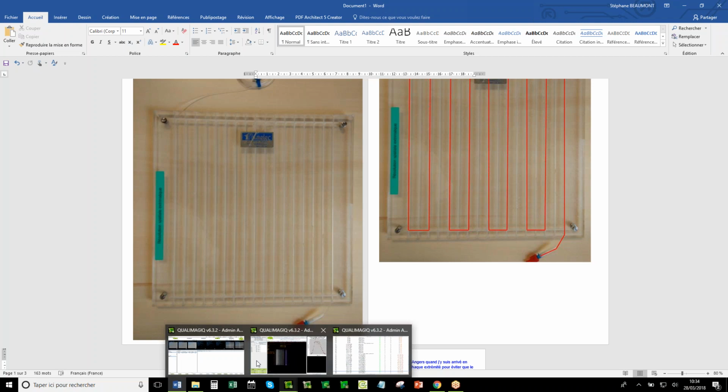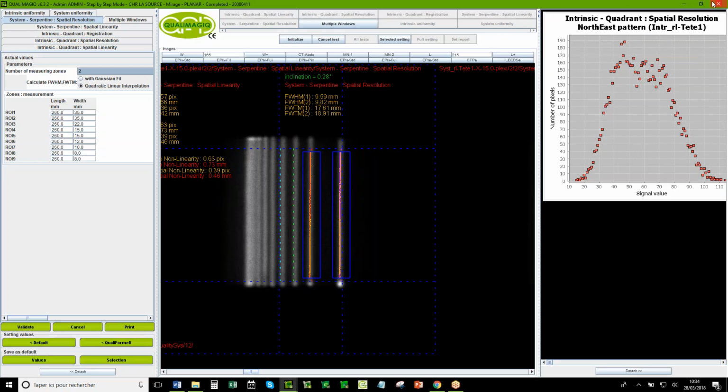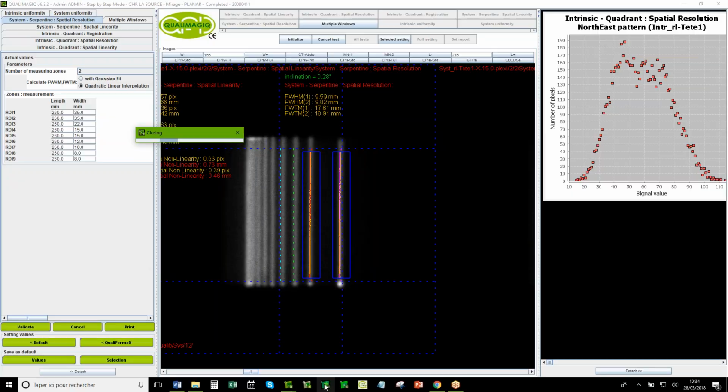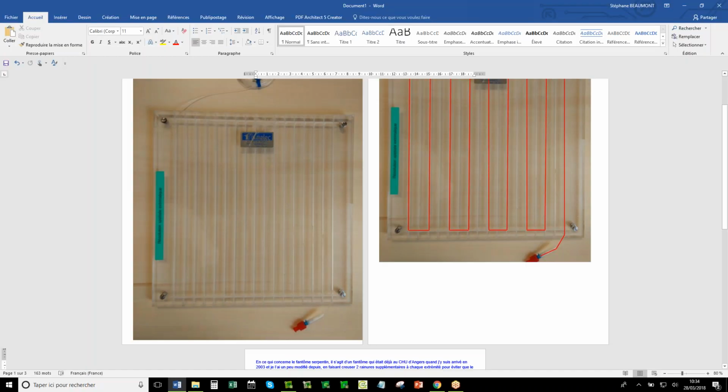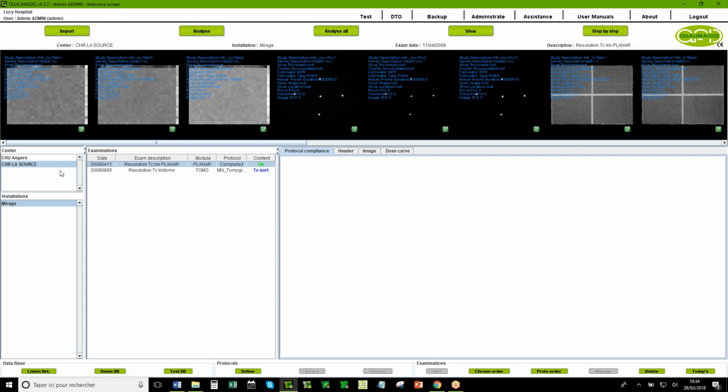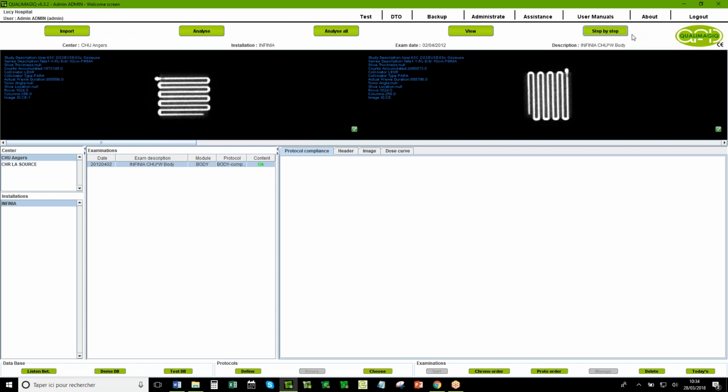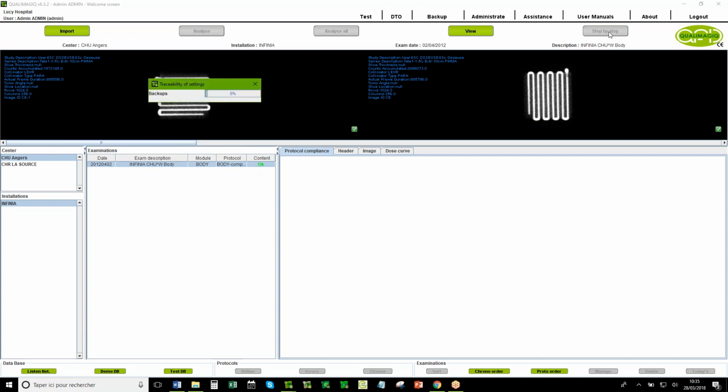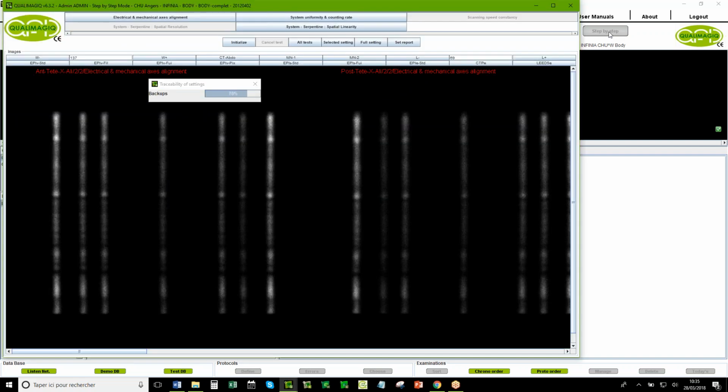Perfect, thank you. So now I want to show you the body mode, because the body mode is not so far from the planar mode. Finally, the body mode is an extension of the planar mode. You use your camera in planar mode, but a special planar mode, because you make the whole body acquisition with the movement of your camera or of the bed, the couch where the patient is.